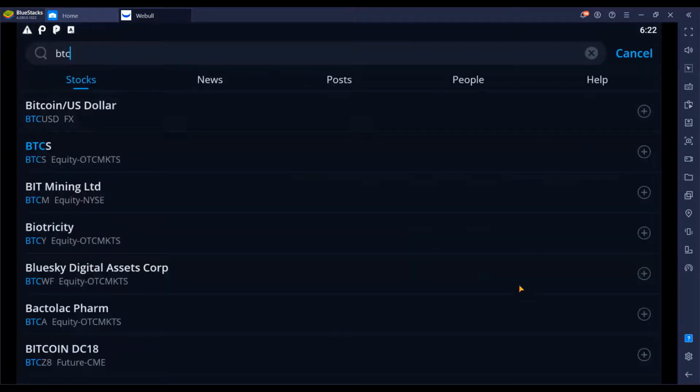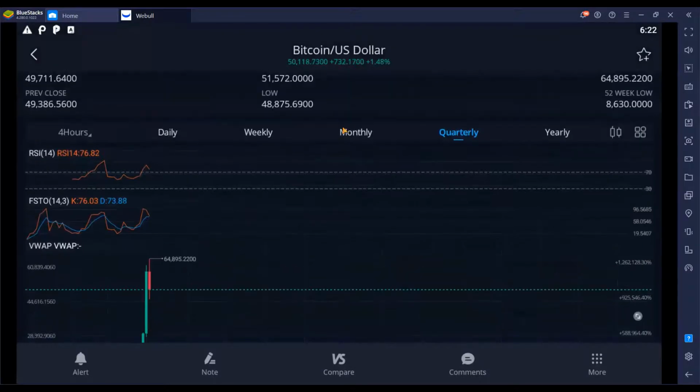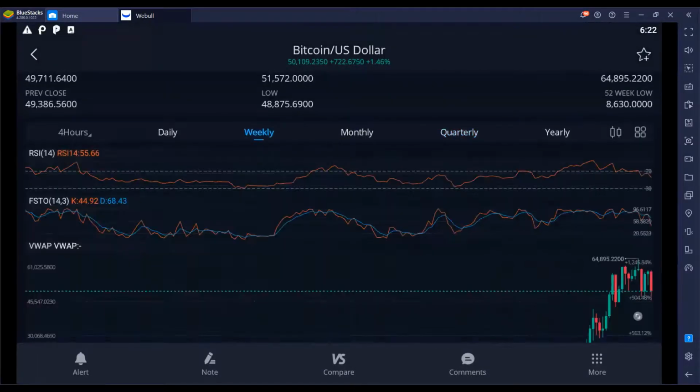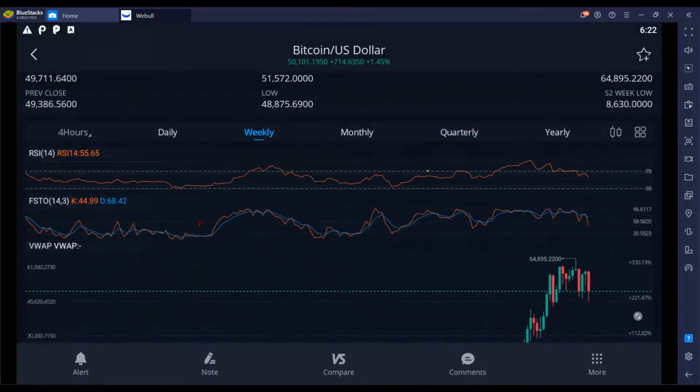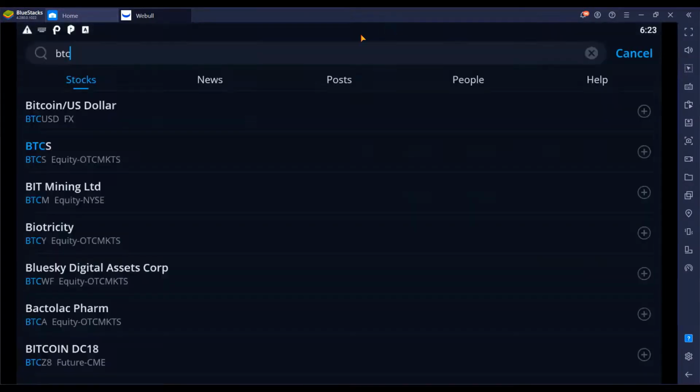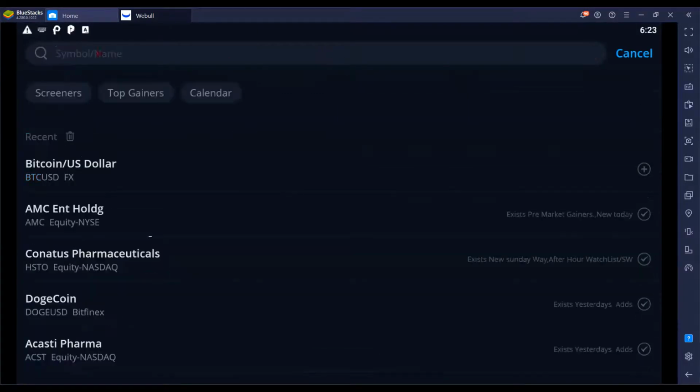But that's just this one. Because if we go to BTC on the weekly, it had done a lot. And then I don't see a smooth up and down picture. So if we go to Doge,